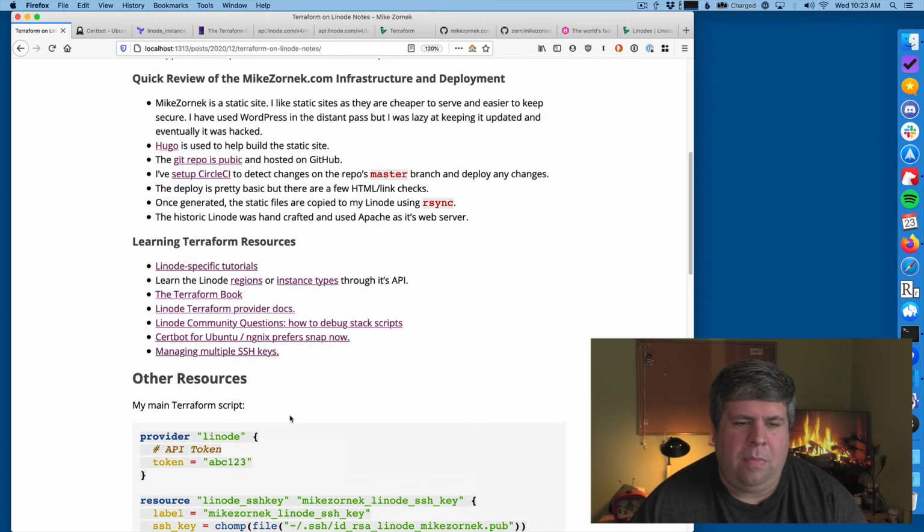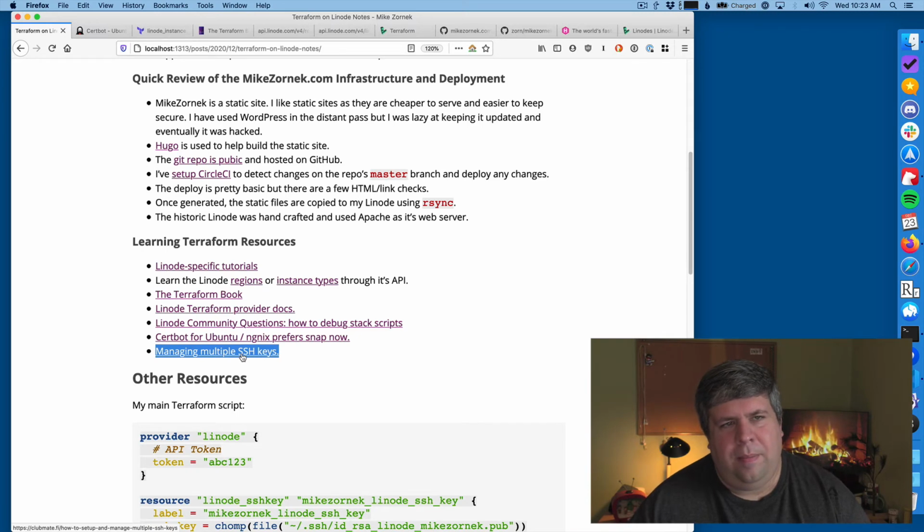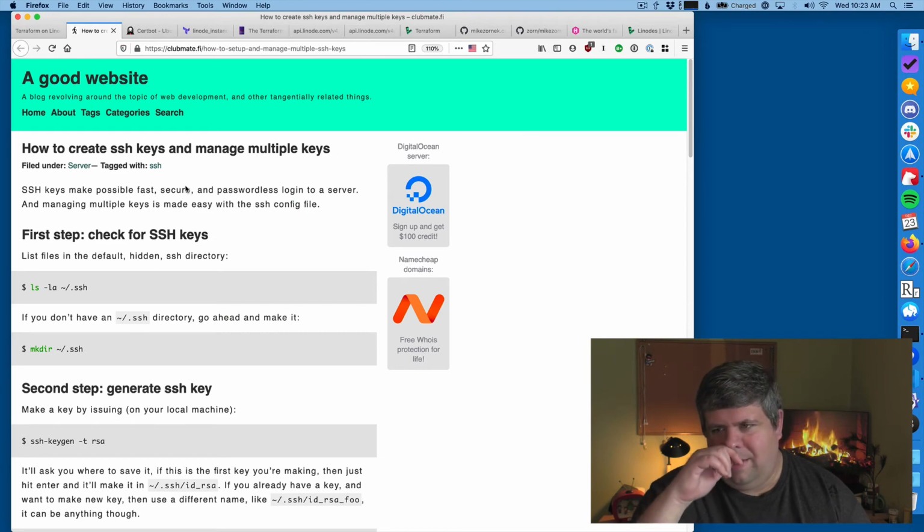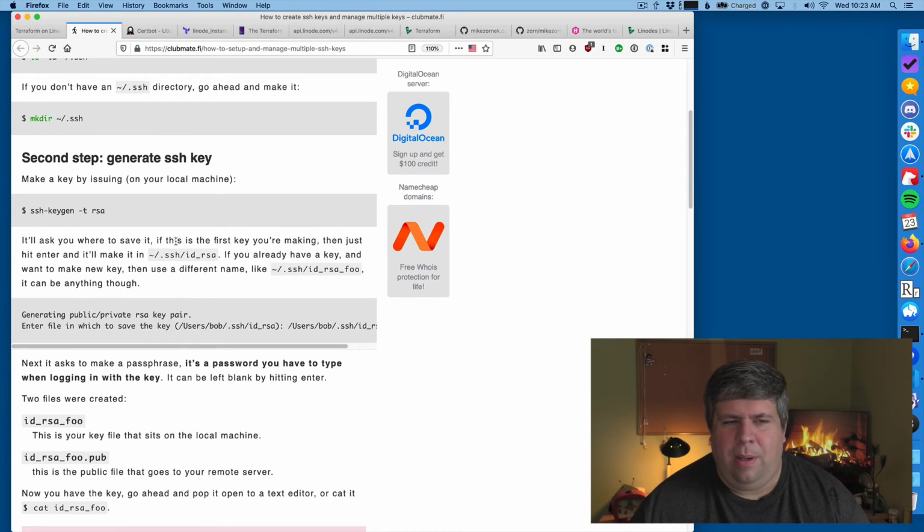But yeah, what else is there to say? In the one I did talk about managing multiple SSH keys. By uploading this, I did have to be a little more aware of how SSH works with regard to multiple keys.